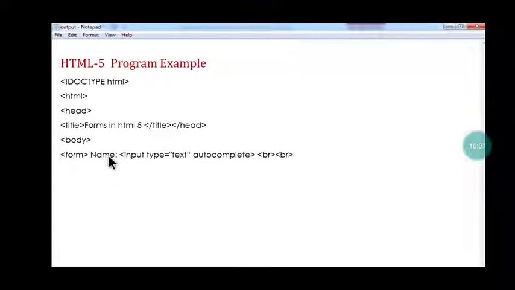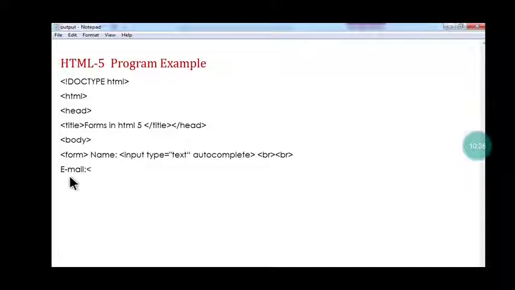That's why the label is given. And here input type, type is the attribute, and the value given is text. Autocomplete means the text in this field will complete automatically, when you have defined it as on or off. After that, I use br two times because I want to keep some space after each text field.